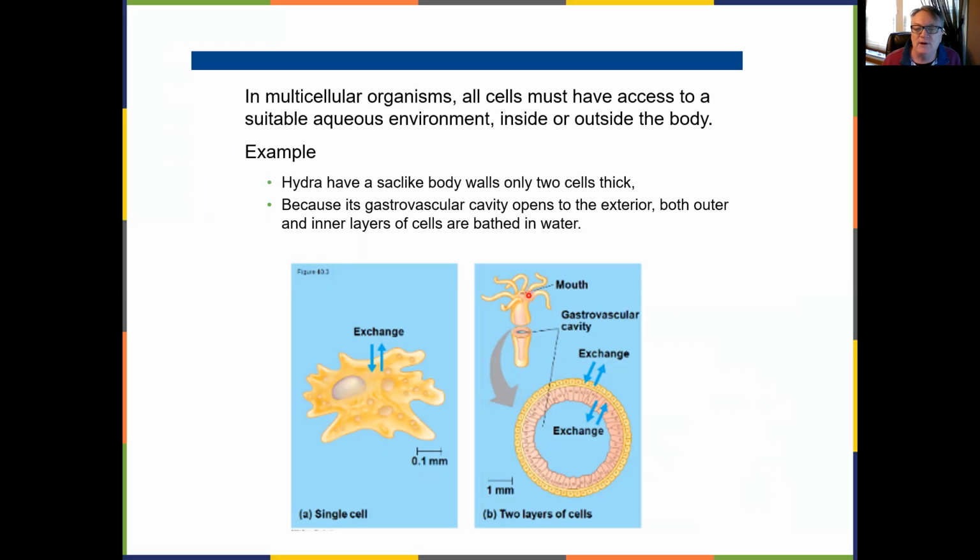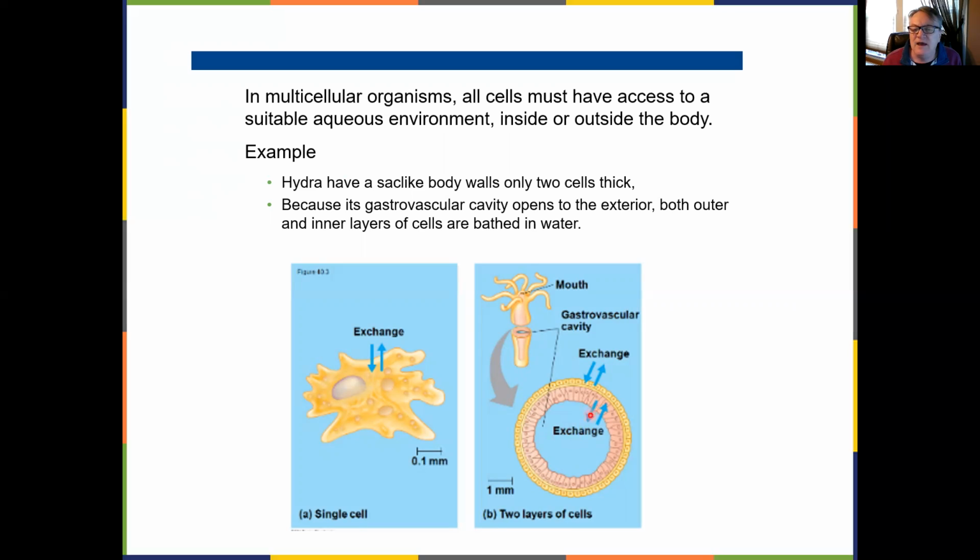Now, if we look at animals over here, and here's a simple animal, the hydra, it's a multi-celled organism. But the hydra is constrained to be very small. These are barely visible to the naked eye. And it only has 2 layers of tissue because that is still efficient enough that if we look at an individual cell making either the ectoderm here or the endoderm, forming the gastrovascular cavity in here,